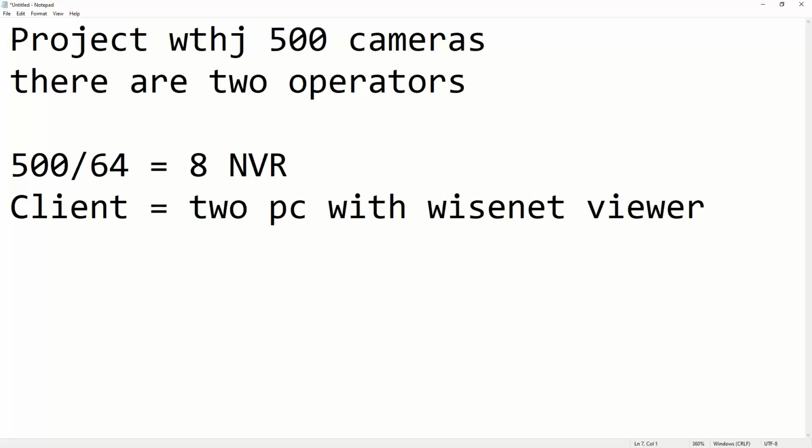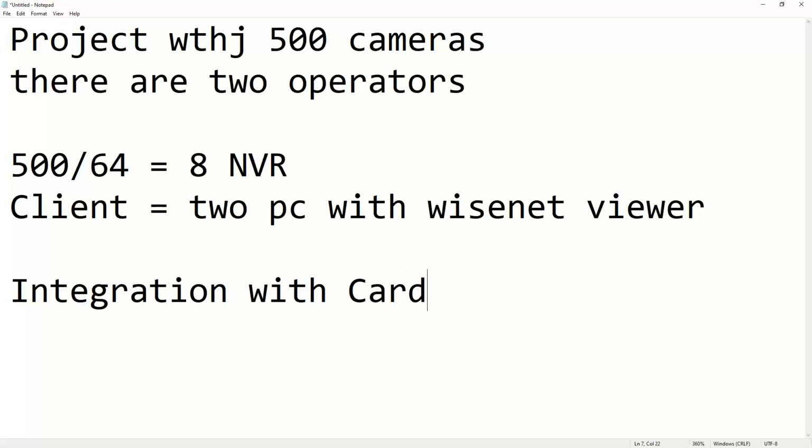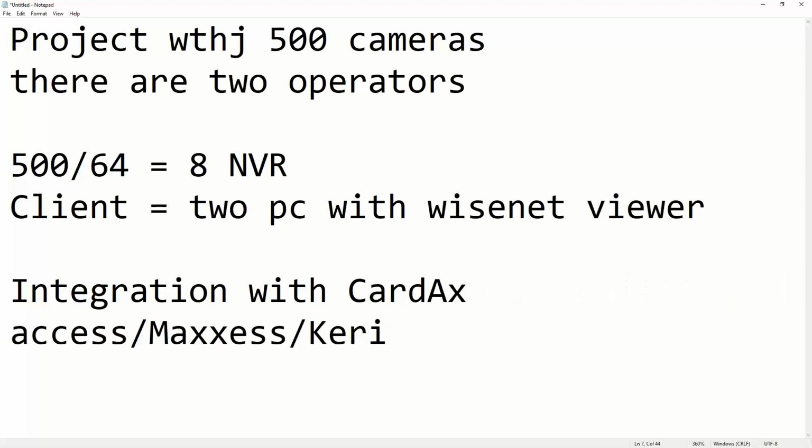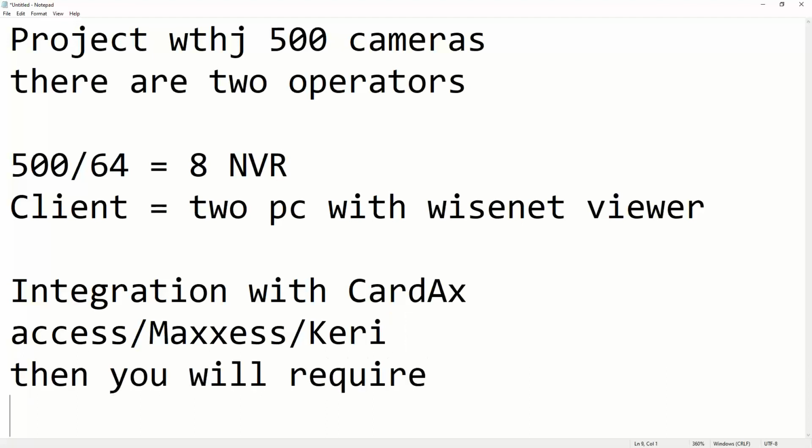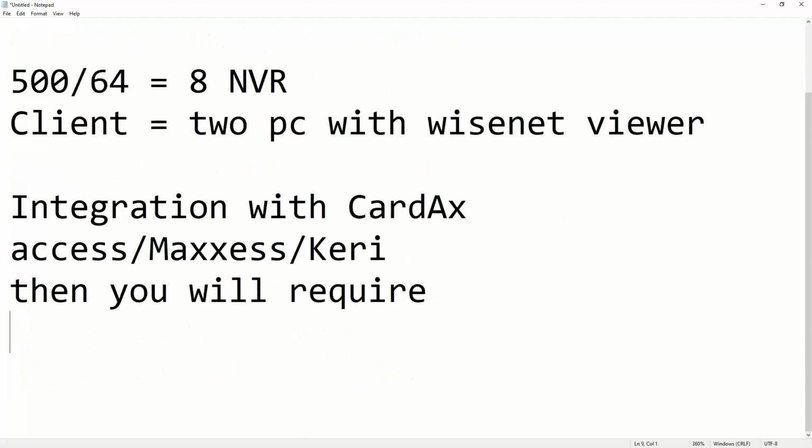Now, if the same project requires integration with, let's say, Cardax access control, or Maxxess access control, or Kerry access control, we will see the list. Then you will require for this project